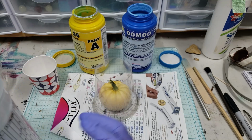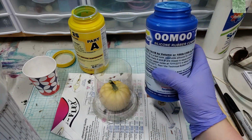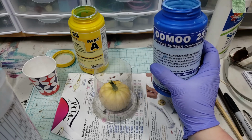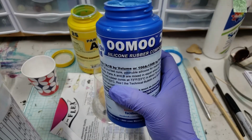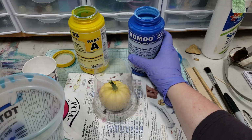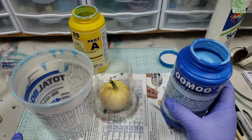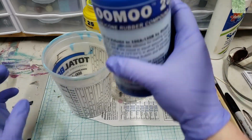if necessary. But this compound that I'm using, the Umu 25, has a 15-minute pot time, and it cures in about 75 minutes at, it says, 73 degrees Fahrenheit or 23 degrees Celsius. So we'll keep that in mind. I'm going to scooch this back just a bit to be a little more in frame. Let's measure out our